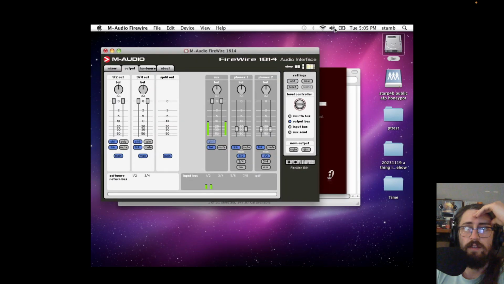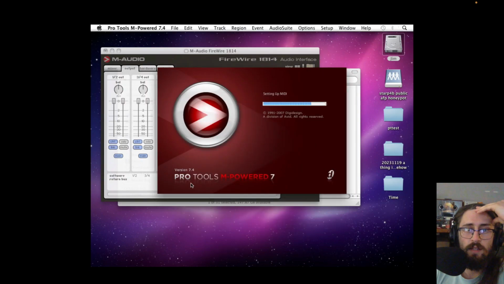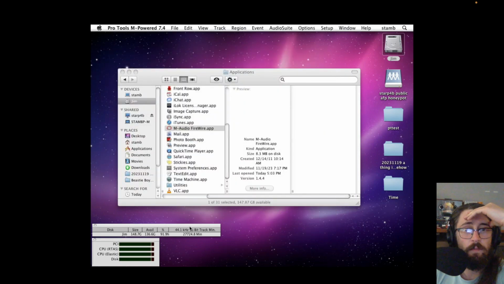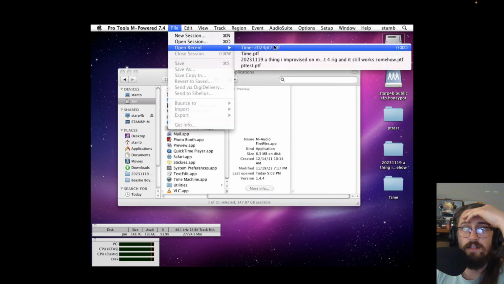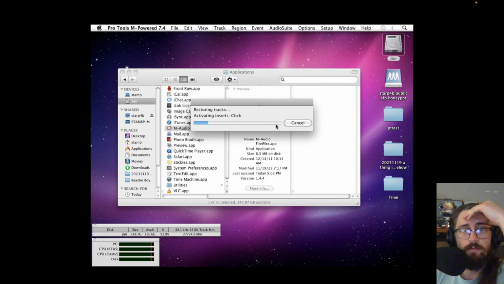So I gotta kick that on here. Fire up some old school Pro Tools. Not super old school, but it is version 7, which is pretty old. Okay, something looks like it's loading, but it's not totally loaded. Oh, because there's a transparency thing going on. I guess I don't need that. So I guess Pro Tools, when it loads, it just kind of sits here. So, oh, please do not feedback when I turn this on.